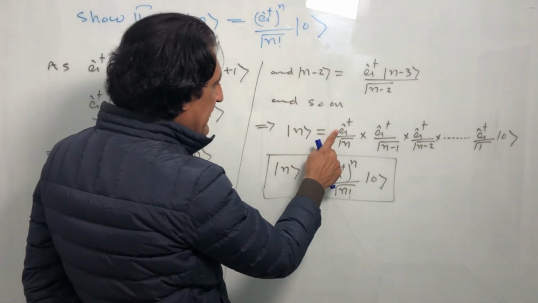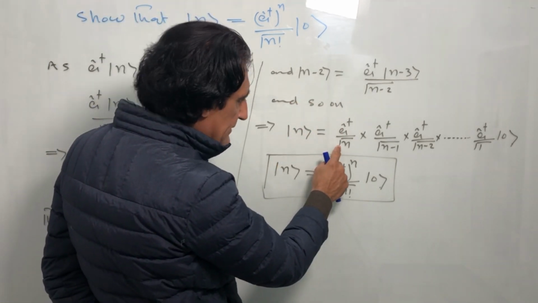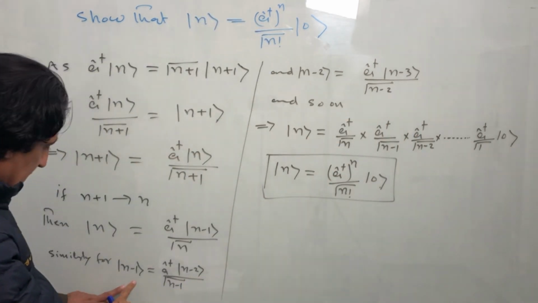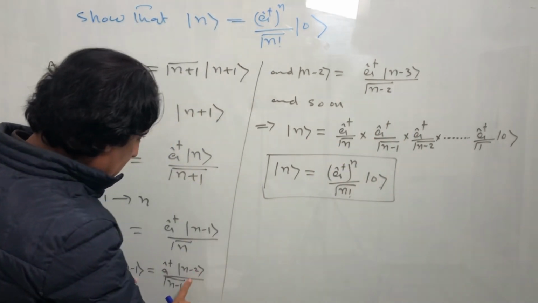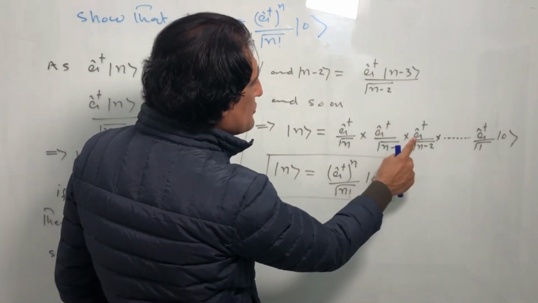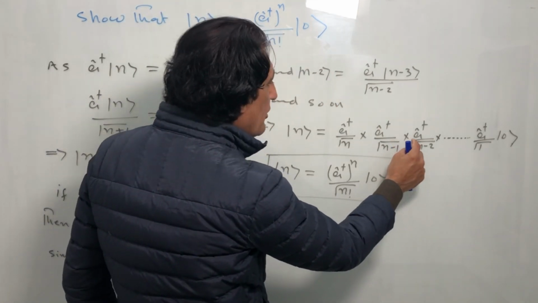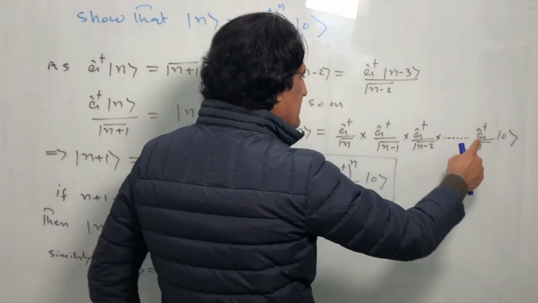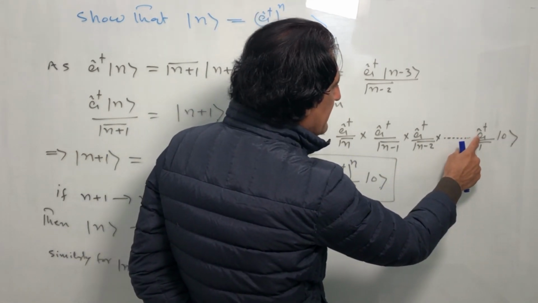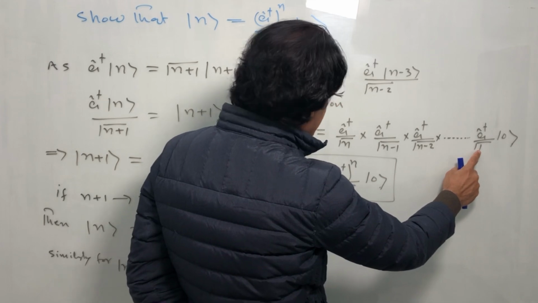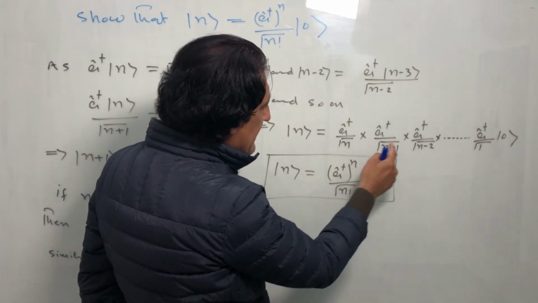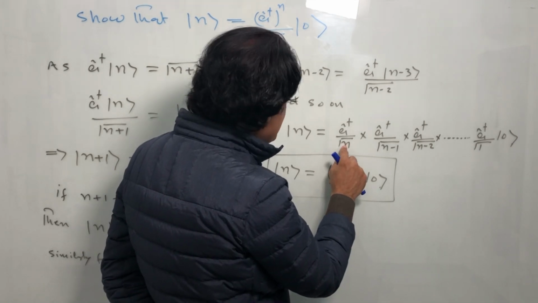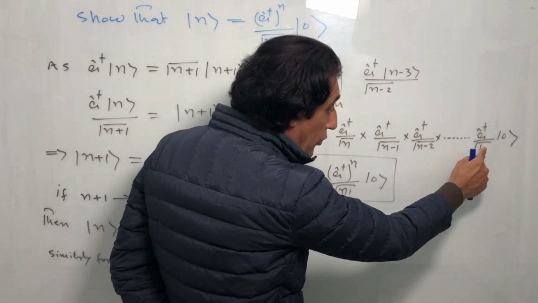We can get a dagger square root of n, and from n minus 1 we can put this term. So we have n minus 2, and for n minus 2 we can put this value, and this process will be continuous. And finally a dagger, and because this is reducing by one factor, if this n tends to 1,